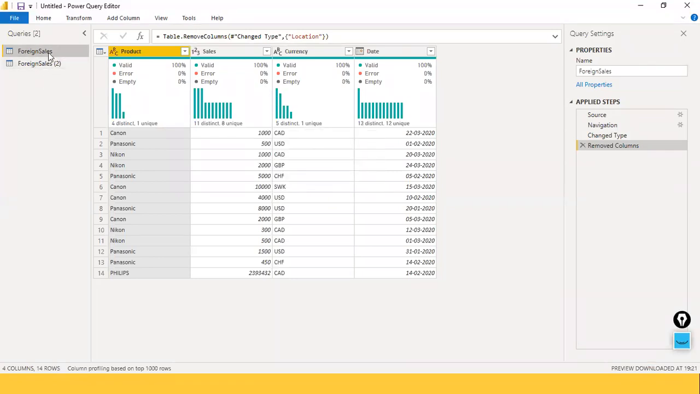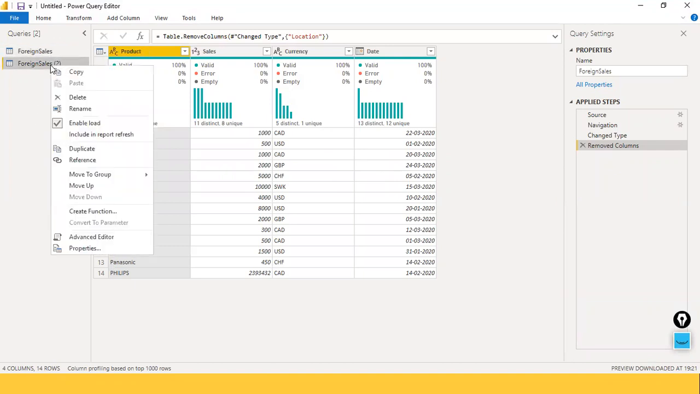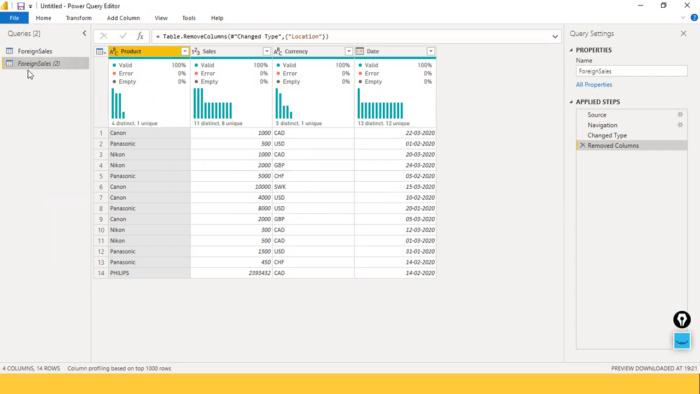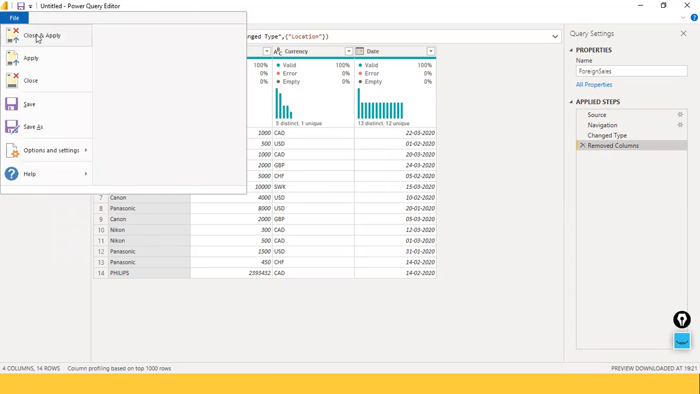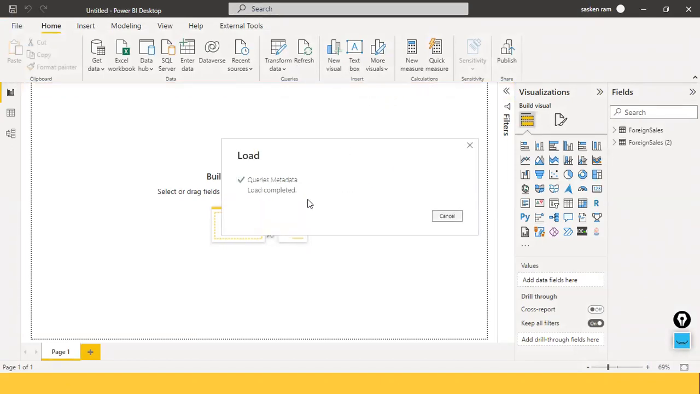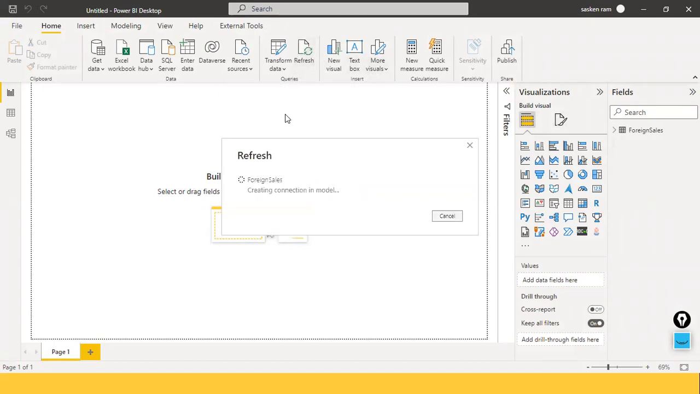Okay, here if I go ahead and select this option, look here. If I uncheck this option also, what will happen is the font will become italics. So if I close and apply this one, queries metadata loaded. Okay, foreign sales. And if I do refresh here, as usual,